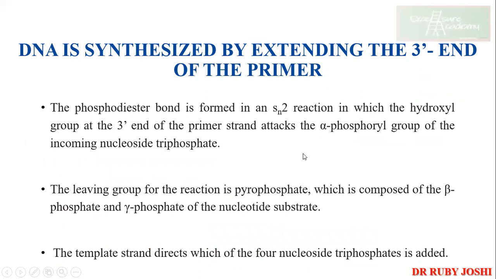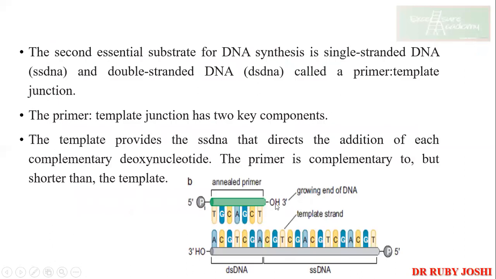Okay. So the phosphodiester bond is formed by an SN2 reaction, where the hydroxyl group at the 3' end of the primer is attacking the alpha phosphoryl group of the incoming nucleotide. Clear? So if we go back, you can see that here you have got the OH group at the 3' end. This O is going to act as the electrophile. Okay, oxygen has got the negative charge, or that is electron loving, right? So it is going to attack at the